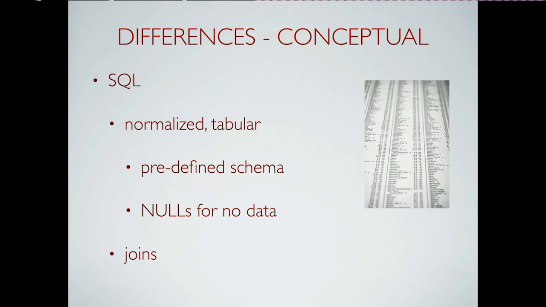All right, some other differences. SQL, again, is normalized. We don't want to duplicate data. Very tabular, structured format, so it's predefined, right? You've got to go to your crusty DBA and get your table defined for you. And we use nulls if there's no data. What do we know about these nulls? Sorry? They take up space, okay, that's true. We know the column name, right? Even though I have no data there, I know what the name of the data would be, and I know the data type. So I know a little bit about them.